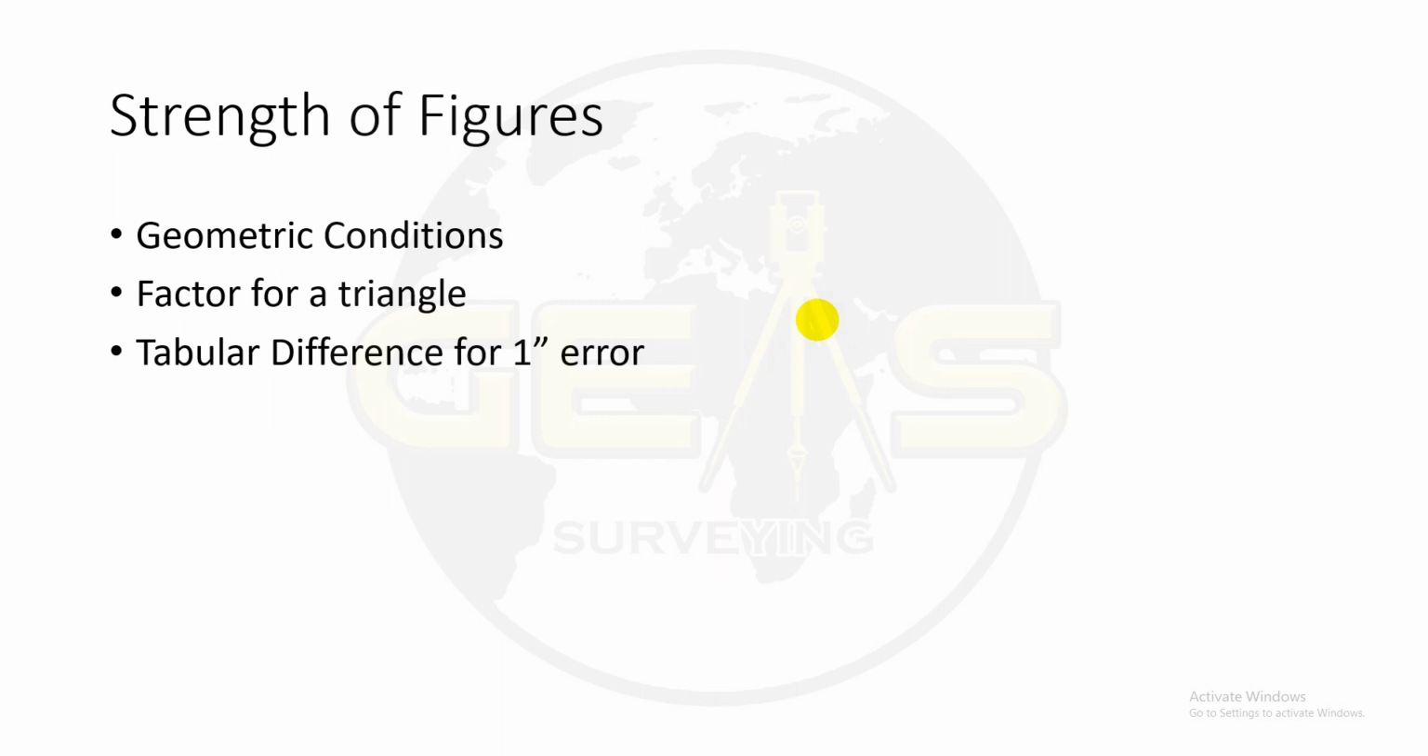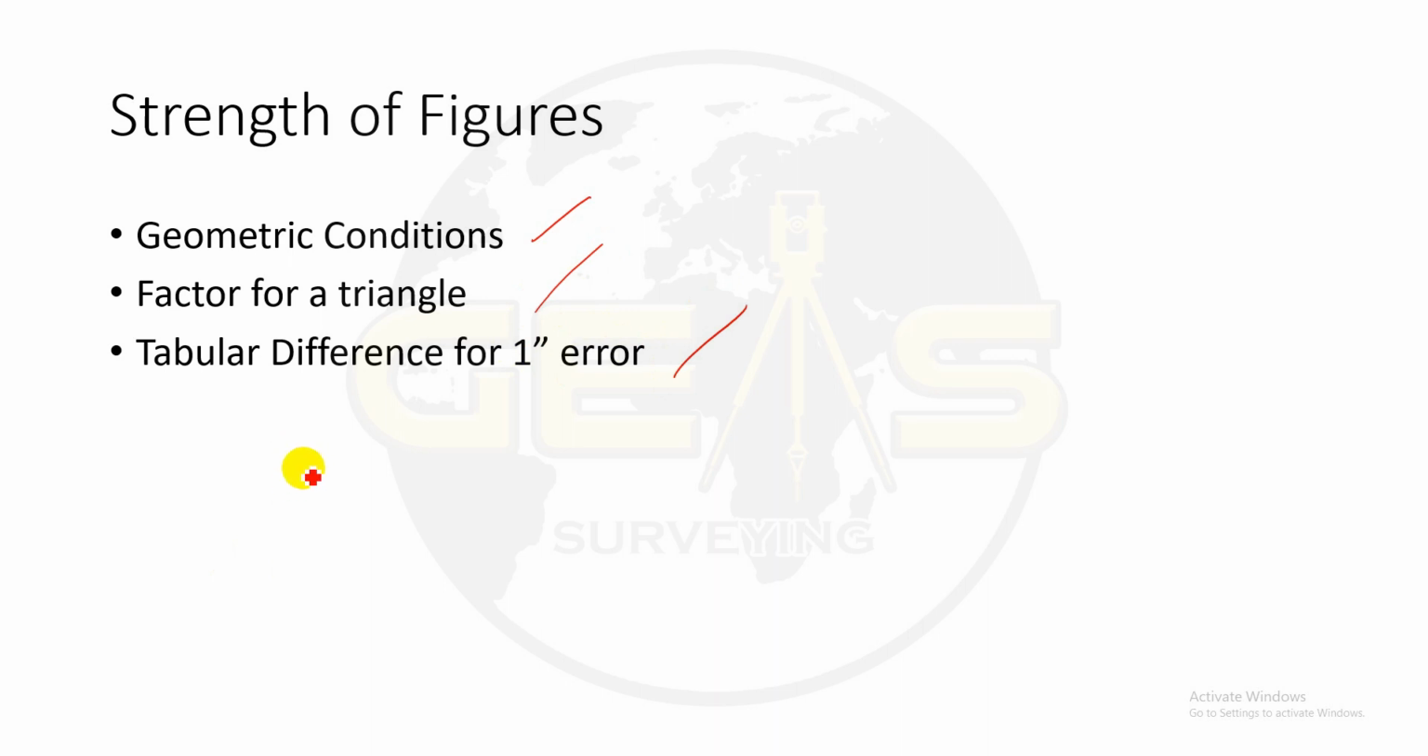Our topic is strength of figures, and in solving for the strength of figures, we will cover geometric conditions, next factor for a triangle, and lastly the tabular difference for 1-second error. Okay,